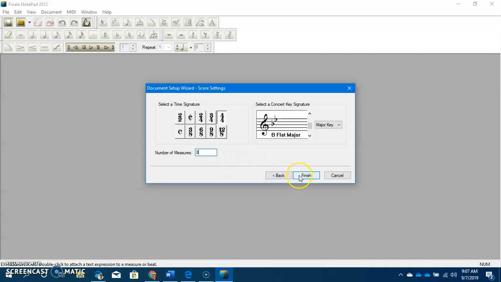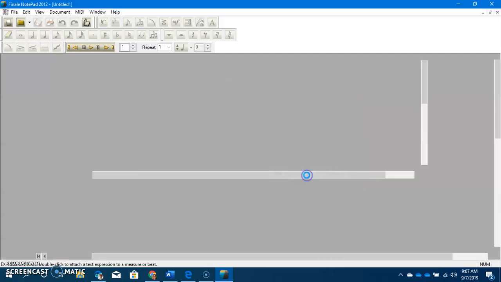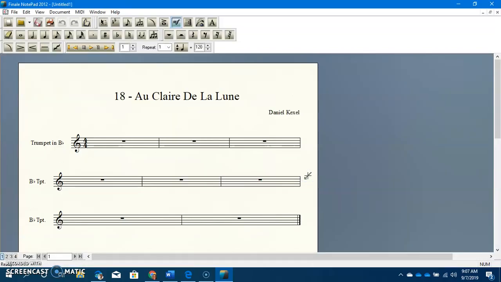So then we're going to click Finish, and in one fell swoop, we're going to create our piece of digital sheet music. Ready? And poof, there it is right there. Okay, so now we have 8 blank measures written out for trumpet. Notice that the 2 flats actually are not there, so we're actually in the correct key signature for trumpet. And now